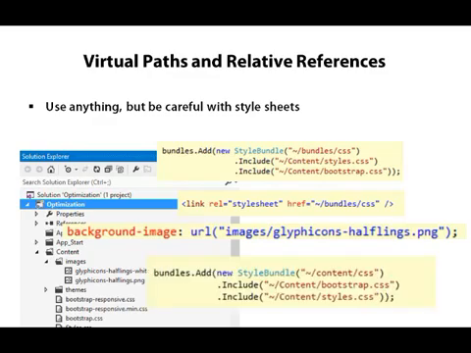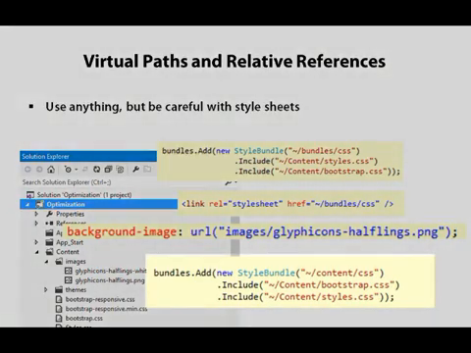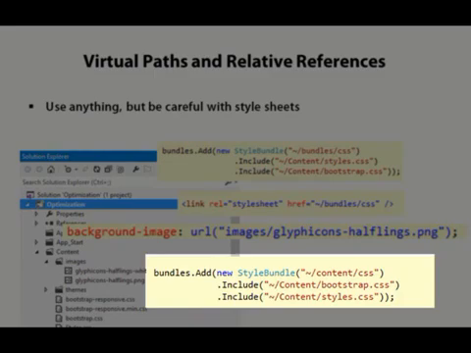If we want bundled assets and imports and other features like that in CSS to work, we need to make the virtual paths appear as if they're coming from the same directory as where the style sheet actually exists. So a working bundle config for this particular scenario, where we're going to use some of these styles that have background images specified, in that scenario I could use a virtual path of /content/CSS, because now the browser thinks the style sheet came from a file called CSS that is in the content directory, and when it needs to get one of those images, it will make a request to /content/images/something.png, and that's where that file actually exists, and the server will be able to return it, and all of